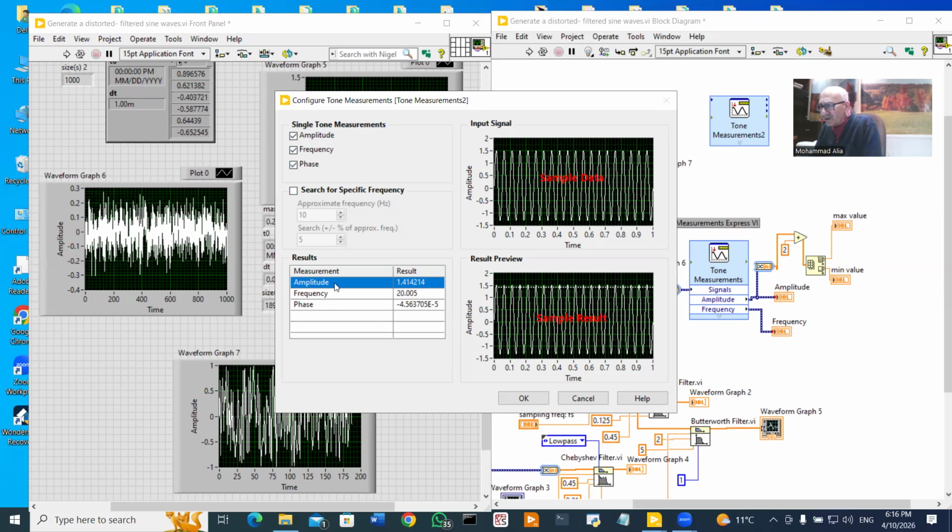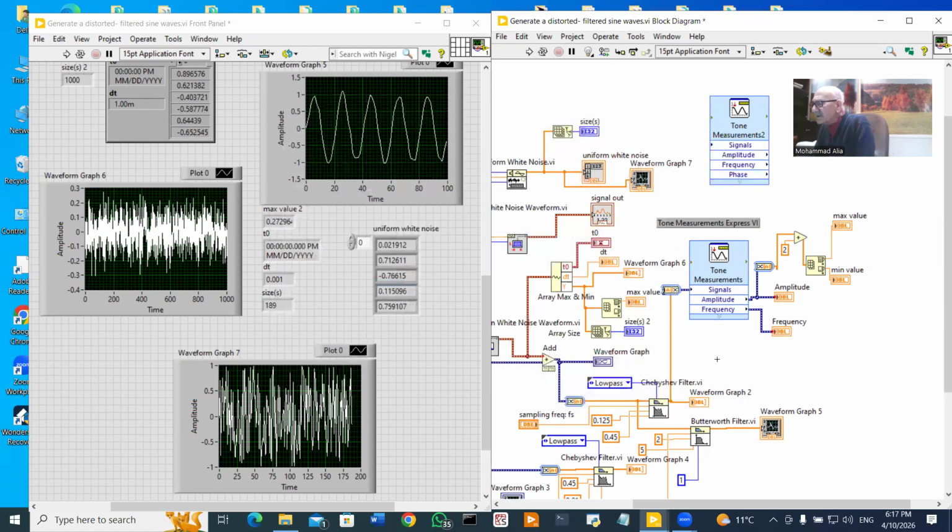And you will now have values here: the amplitude, frequency and phase for the wave of interest. The wave of interest is the wave which I am feeding this VI. Here the signal is really the output of the Chebyshev filter. The signal after it is filtered is now fed